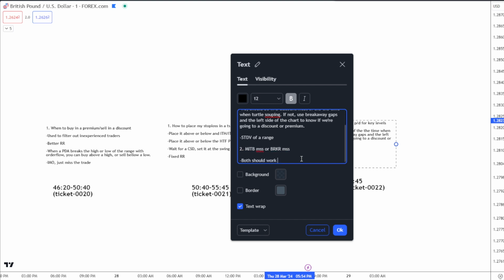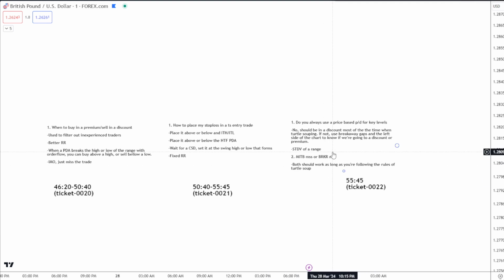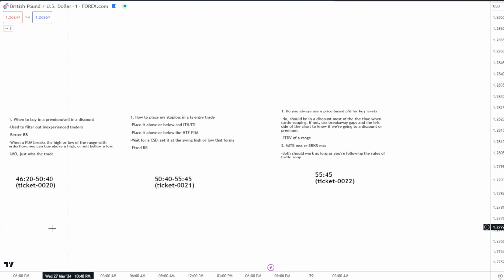Both should work as long as you're following the rules of turtle soup, right? Whatever happens after the turtle soup should play out, because the turtle soup is usually the start or end of the move. Okay,